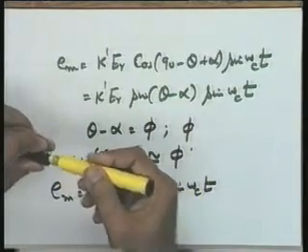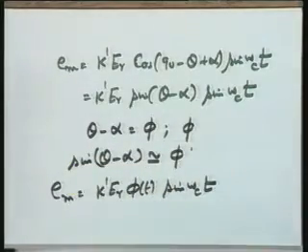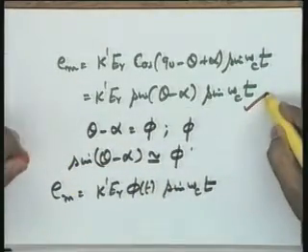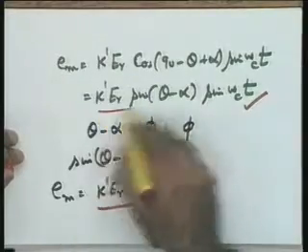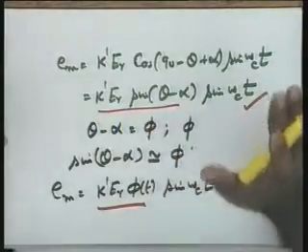This point, the assumption involved, may please be noted. A highly nonlinear sinusoidal expression has been converted into a linear expression under the assumption that theta minus alpha is equal to phi, a very small value, which will be true only if the synchro pair is acting as an error detector in a feedback mechanism. As an independent device, theta minus alpha can take any value, but in a feedback system phi will naturally be very small, and this approximation is valid.